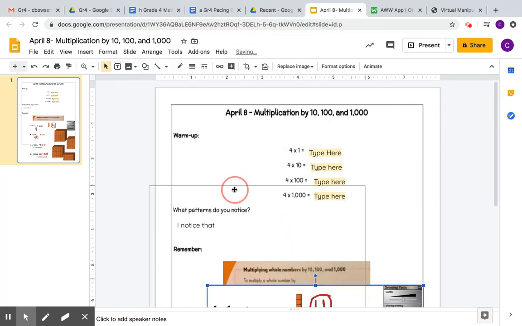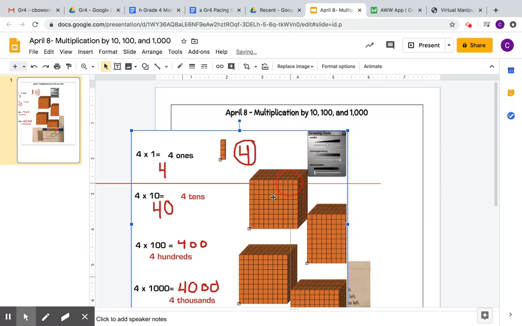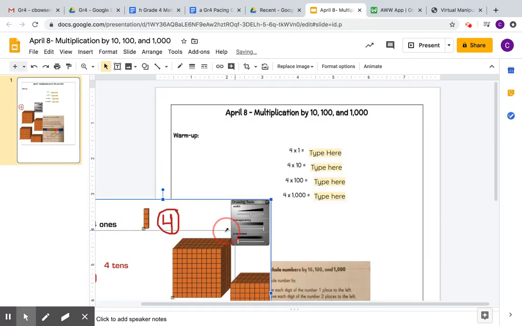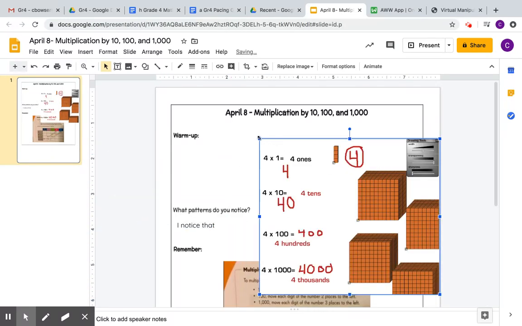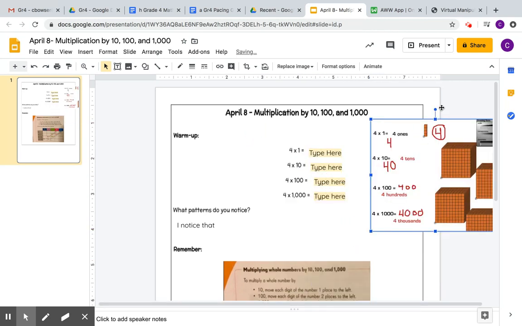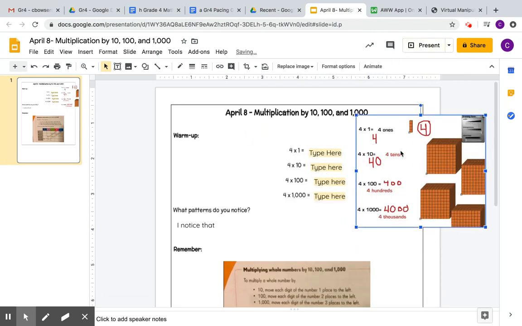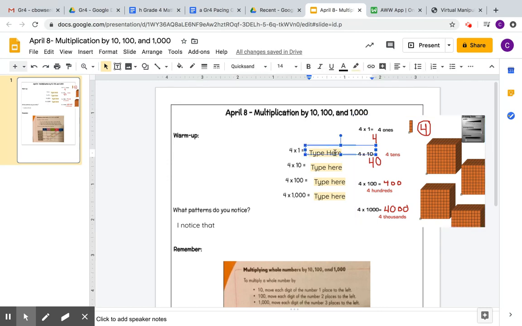So we said, trying to make this a little bit smaller. 4 times 1 is equal to 4. 4 times 10 is equal to 40, or 4 tens. 4 times 100 is equal to 400. And 4 times 1,000 is equal to